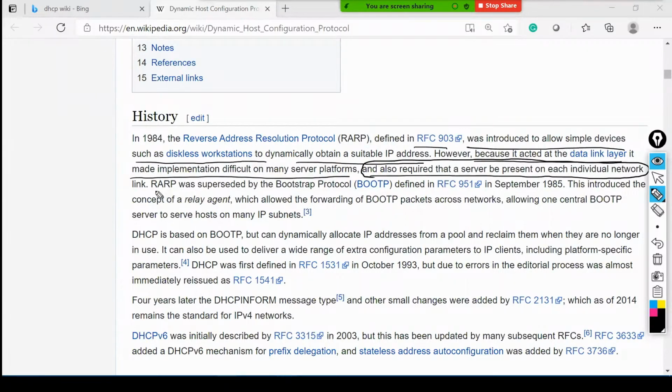Then after that, RARP was superseded by which protocol? In RFC 1951, in September 1985. The reason was introducing the BOOTP so that they can perform the relay agent.